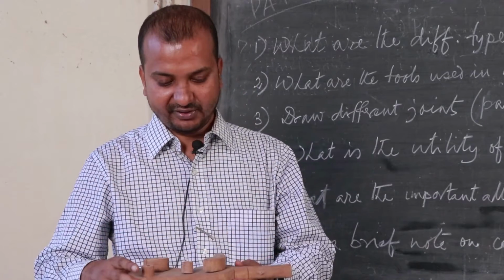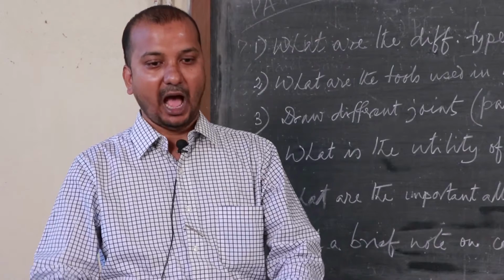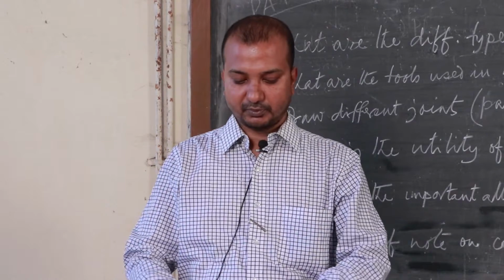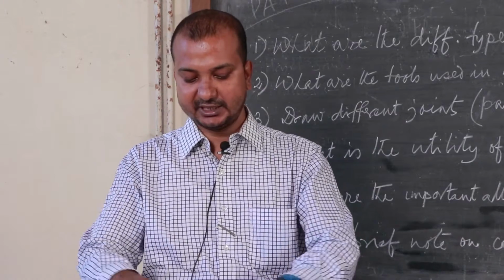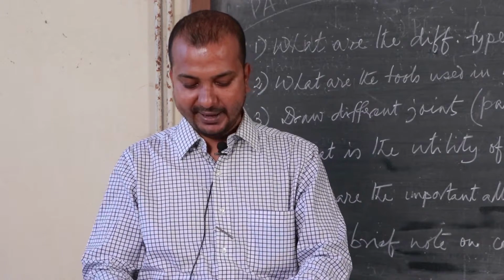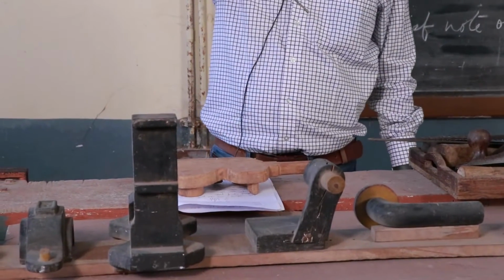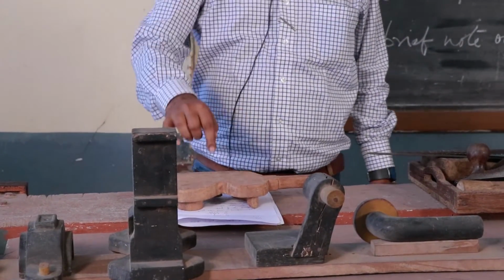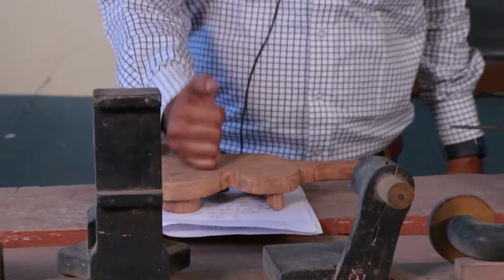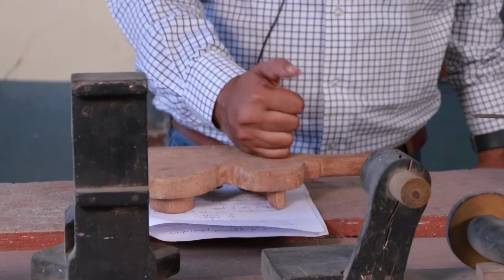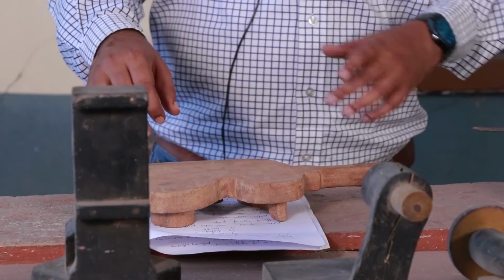pattern is kept in the sand mold, and after making the flask filled with sand, and after ramming, after giving it the shape, when it will be picked up from the flask, it needs to be shaken. So, some rapping is done over this pattern, so that it can be easily removed.